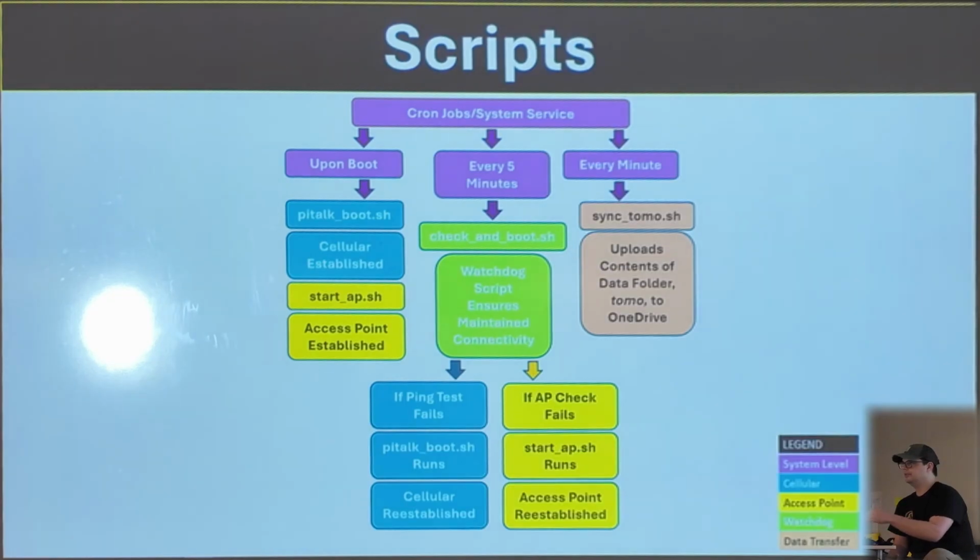So when you boot up something and you see a bunch of lines of code running, that's just the boot process essentially. One of those things that's occurring during that boot process is this one here called Start AP. This enables the access point to make sure it's visible to the logger itself. And then a cron job runs this PiTalk